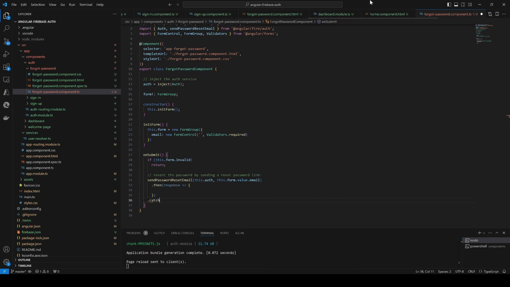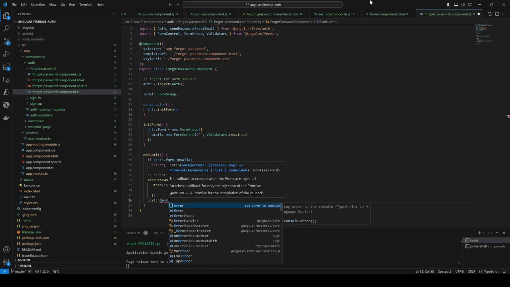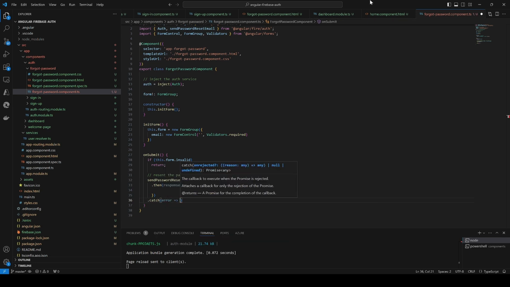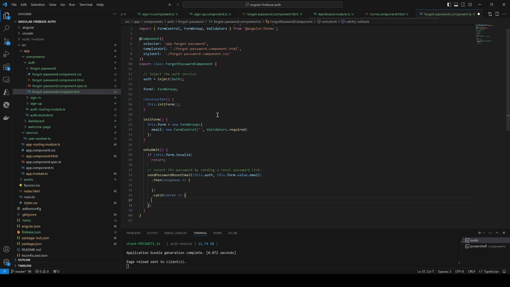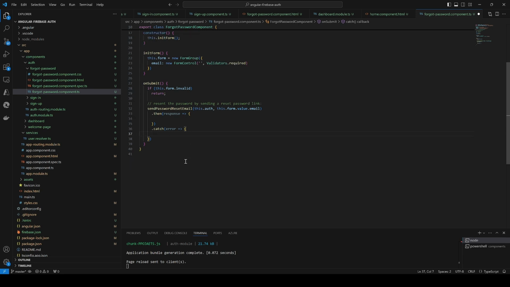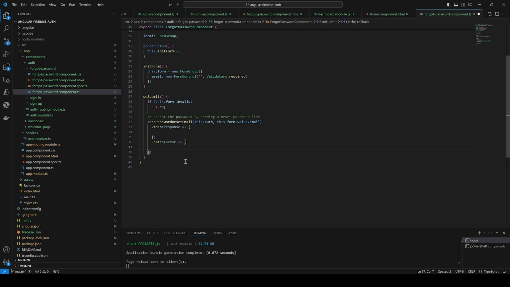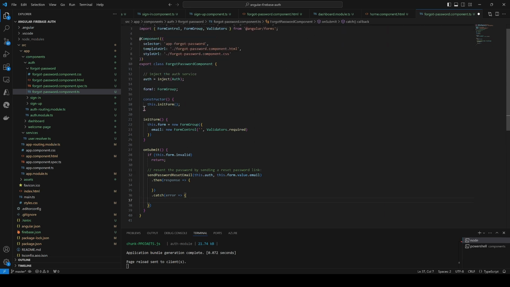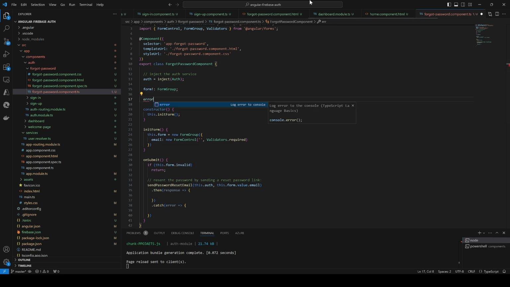and we catch an error in case there is an error, and we're going to show an error message to the user based on that error. And we can do the same thing like we did in the sign in and sign up, and handle a different error message and show a human error message. So now when I reset, I just need to show an error message in case there are errors. Error message,